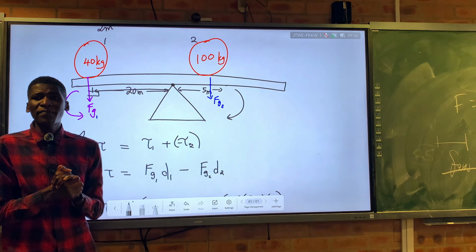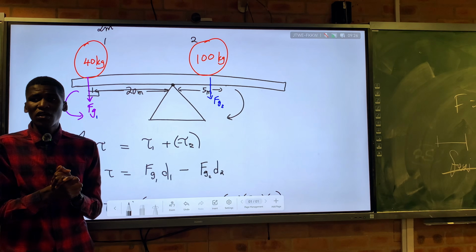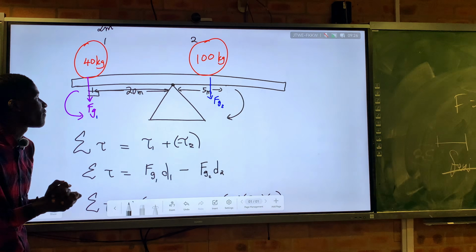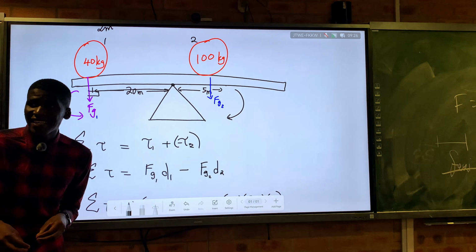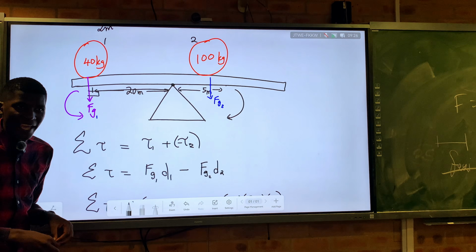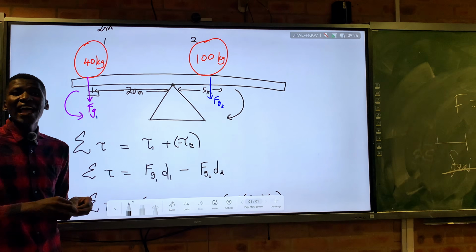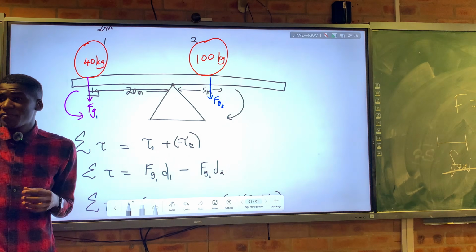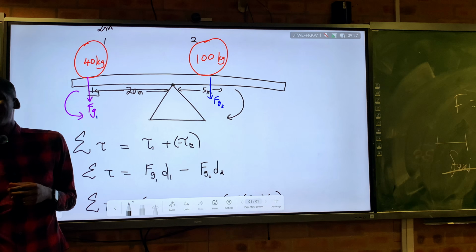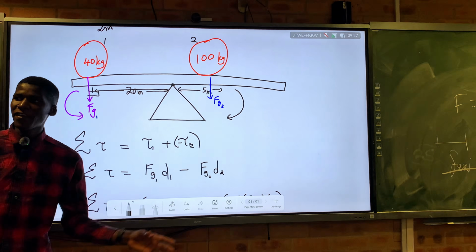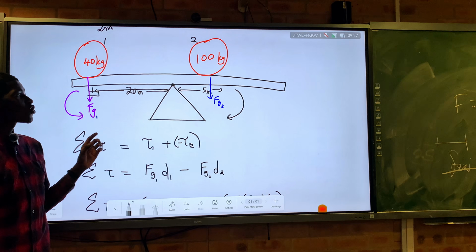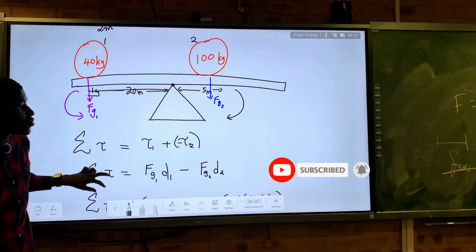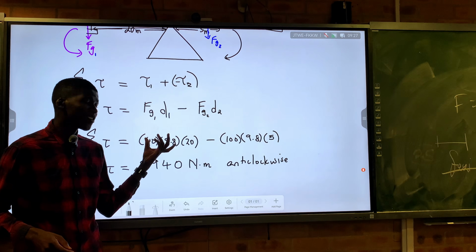I think you did this in experiments. You did the experiment, right? If you already did the experiment, I'm sure you already saw it in real life. If you put a heavy object closer to the pivot and a lighter object away from the pivot, there is a chance the lighter object will actually cause the object to rotate in its direction rather than the heavier one. But all of that solely depends on the torque.